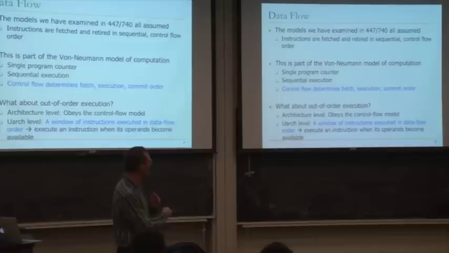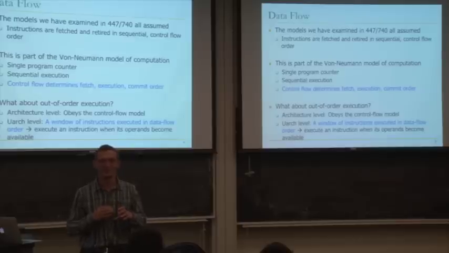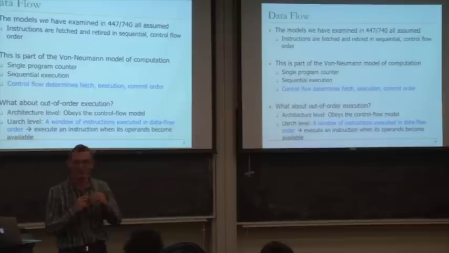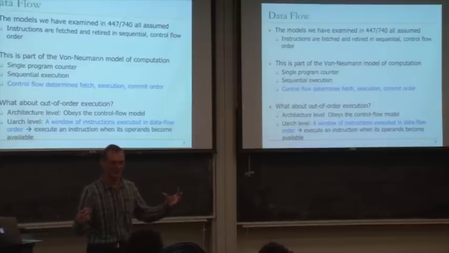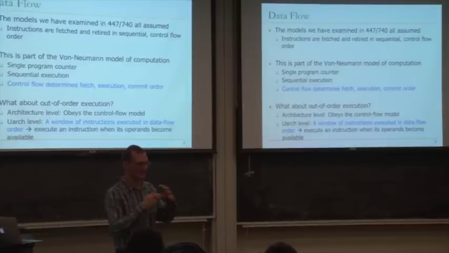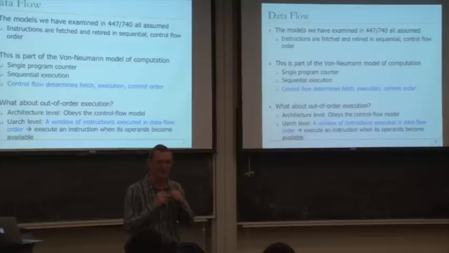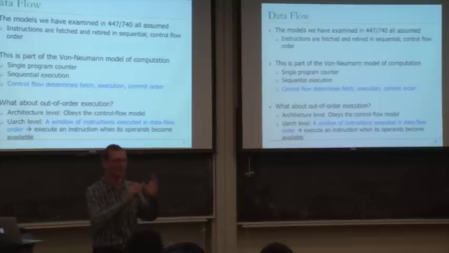In fact, well, even execution order, right? The strict von Neumann model is you don't start executing the next instruction until you complete the instruction that you're currently working on. Even pipelining breaks that model. But microarchitecturally it breaks the model. Architecturally, we still satisfy the model, right? What is exposed to the programmer is the von Neumann model.